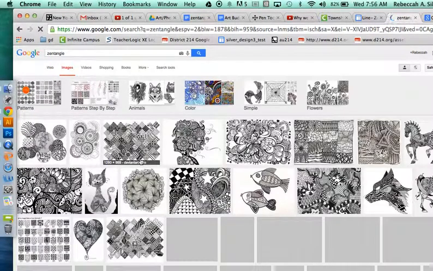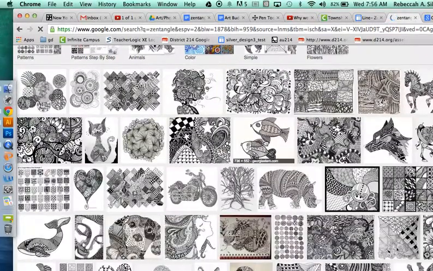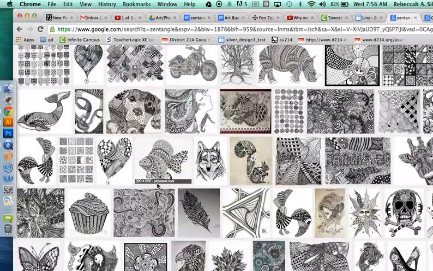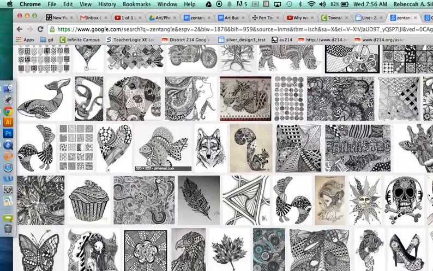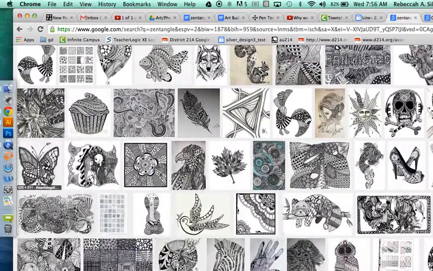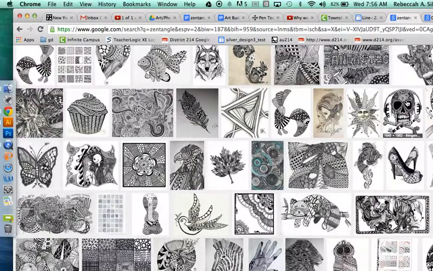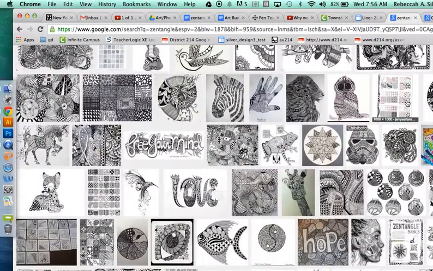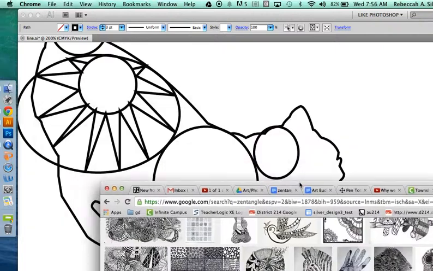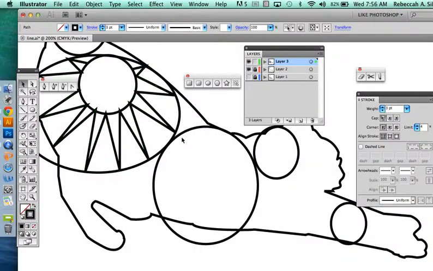So if there's something that inspires you in terms of coming up with an idea or the design, some really beautiful work here done by some other artists. Oh, that's gorgeous with that cupcake. Anyway, so hopefully, wow, look at that. That's really cool too. Hopefully you'll find something that inspires you, but once you have it, the idea again is